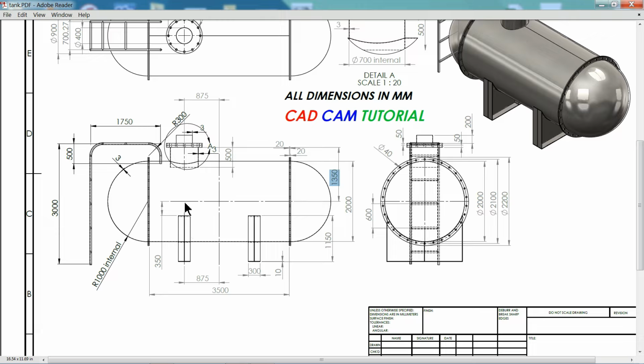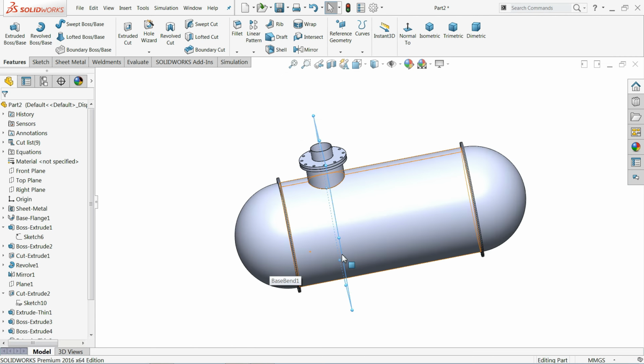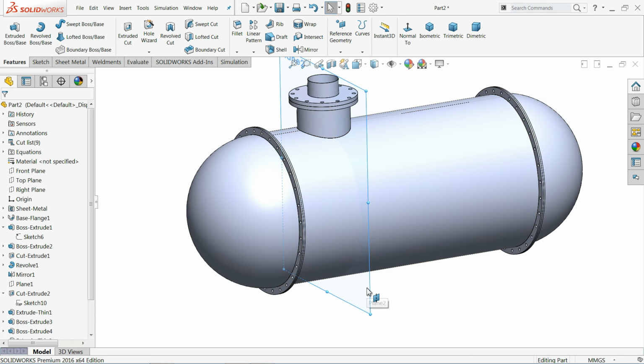See, this is 350 millimeter from the center line below, and overall length is 1150. So if you count center distance from bottom line, 1500 millimeter, 300 millimeter wide, and this thickness here, see, 10 millimeter. If you saw, for all thickness 10 millimeter. So we will create this one, a kind of base stand. So plane is created, click on the plane,